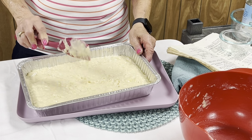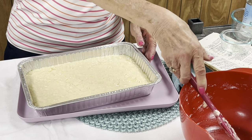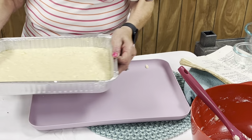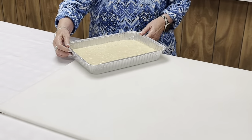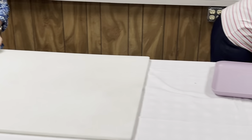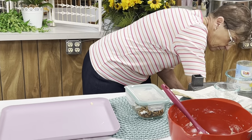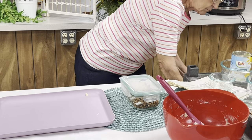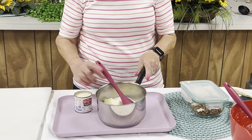That's it. That was simple enough, quick and easy. That's the reason I said it's easy. Except for the 45 minutes, you can do it in an hour. And then you ice it while it's hot. I wait till I take the cake out of the oven, and when I take the cake out of the oven, then I use 1 stick